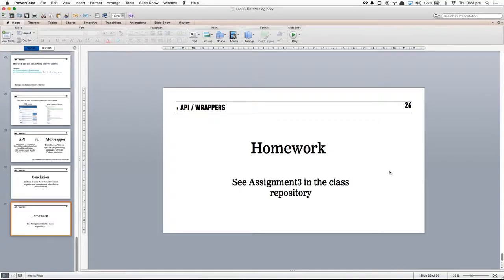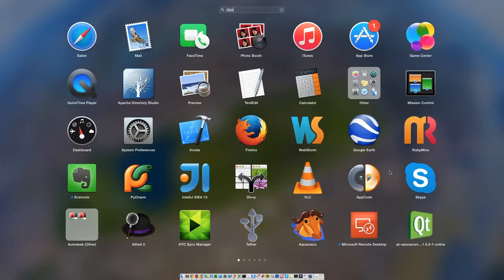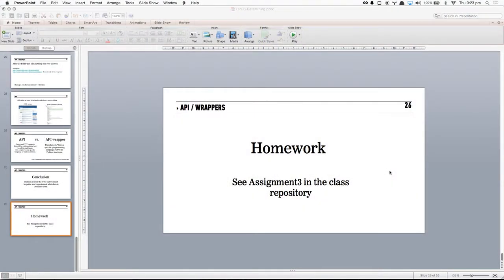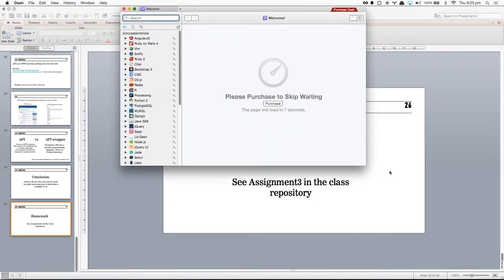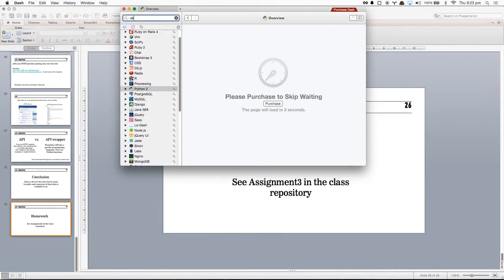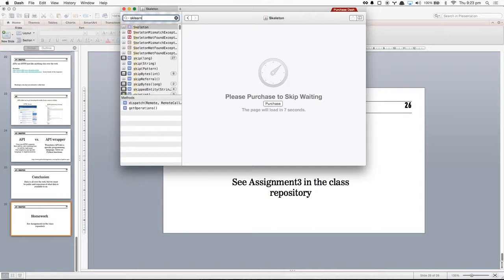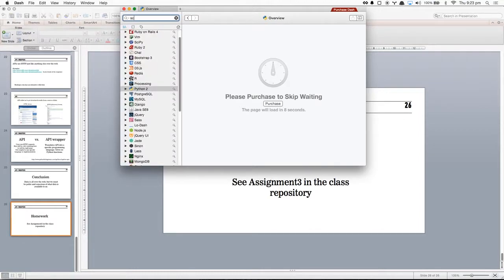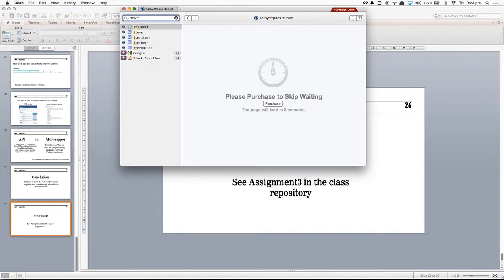Another thing that I use a lot is a tool called Dash, which is basically just a repository for all this documentation, and it has almost every tool you can imagine, like Python, virtually everything. It integrates with a lot of integrated development environments, but it's a great tool to have.